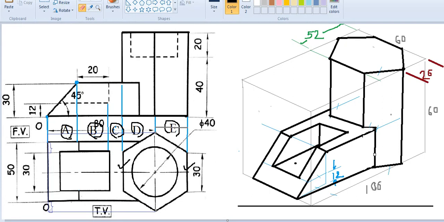The last portion that we have to show is the isocircle. Now we know that this particular circle is of diameter 40. So to draw the isocircle, a very small construction work that we have to do is we have to plot its center point first. The center point will be plotted in this manner. Now since its diameter is 40, its radius on either side in all directions is 20, so I am going to make a rhombus of dimension 40, like this.